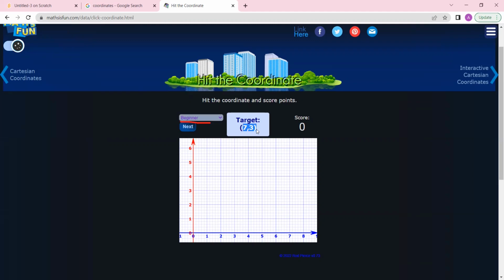So the target is 7 and 3. I told you that firstly we see X and then we see Y. Firstly, it is written 7, so that means X is 7. Then it is written 3, so that means Y is 3. So how to do now? What I'll do is, I'll take this X, that is 7. X is